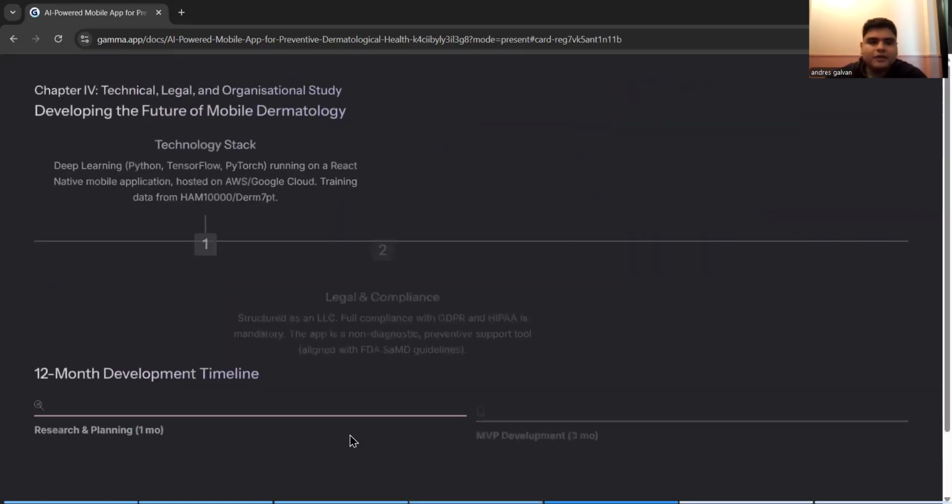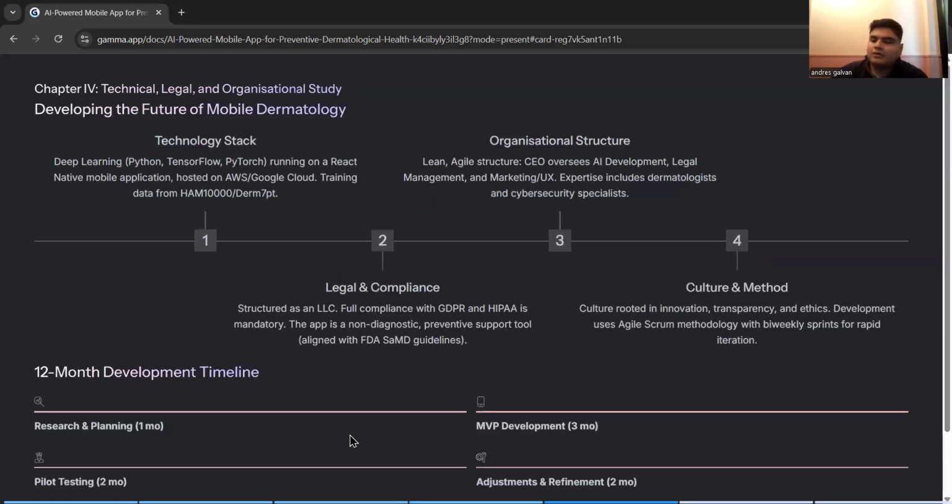So here in our second chapter, we give our technological and organizational study, trying to develop our future of the mobile technology. This section answers the question of how this project could be developed. There are many ways to be implemented. It could also be managed safely, responsibly, and sustainably. So let's begin with the